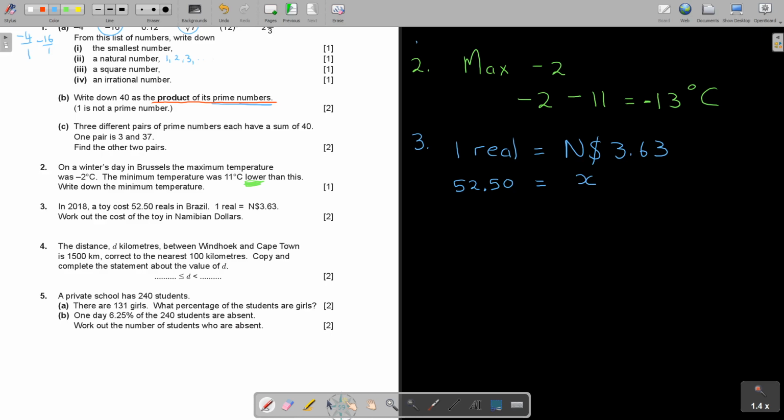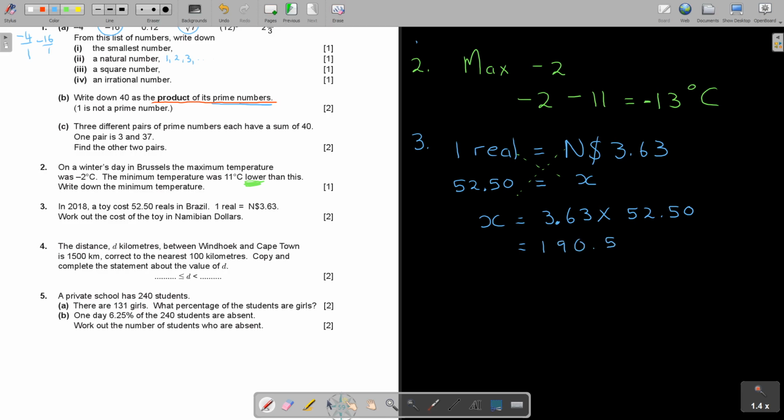So 1 times x, remember what I said? We are going to do direct proportion. We're going to cross multiply. So start with the one with x. So x times 1, that is just going to give me x. And that's going to give me 3.63 multiplied by 52.50. So 3.63 times 52.5 equals, and I'm going to get an answer of